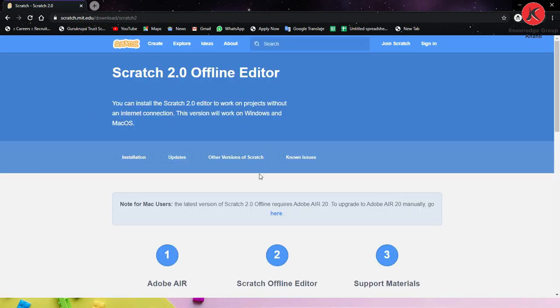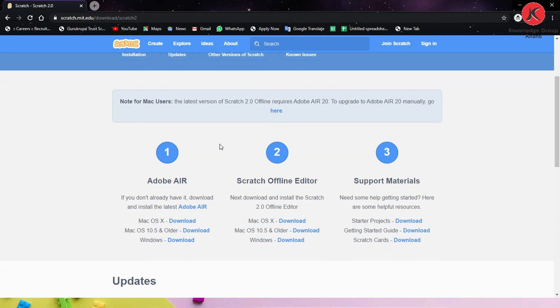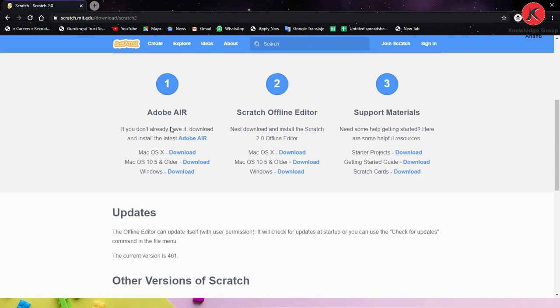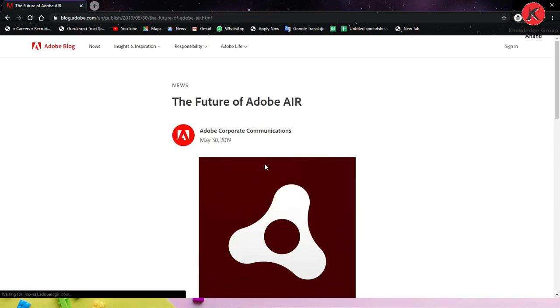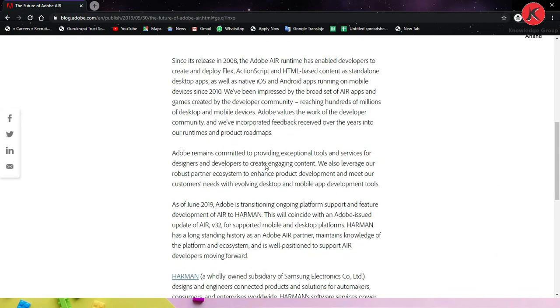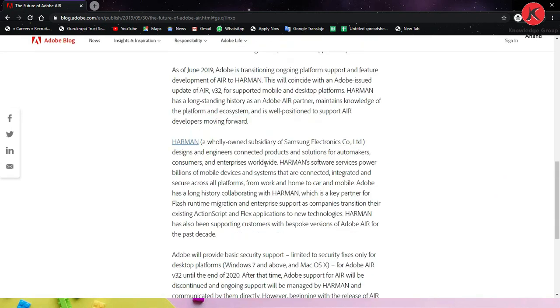We will find here the Scratch 2.0 link. Click on that. If you want to download it, first you have to download the Adobe Air. Okay, it depends on your computer. If you are using Apple, then download Mac OS X. And if it is older, then download this one. But if you have a computer with Windows OS, then click on the download. When you click on the download, your system will start to download the Adobe Air. Okay, this is the supporting software for